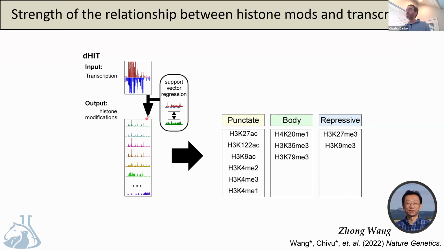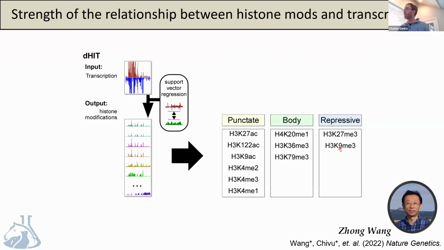And then the support vector regression is trained to estimate the abundance of histone modifications every 10 base pairs along the reference genome. And we trained models for 10 different histone modifications, which we divided into different classes. So those enriched near cis-regulatory elements, those which are indicative of gene bodies, and repressive marks. And I'll say right now at the outset that the only one of these that didn't work at all was